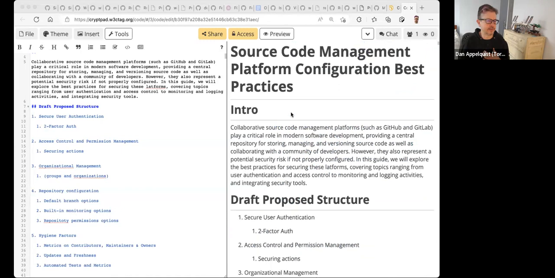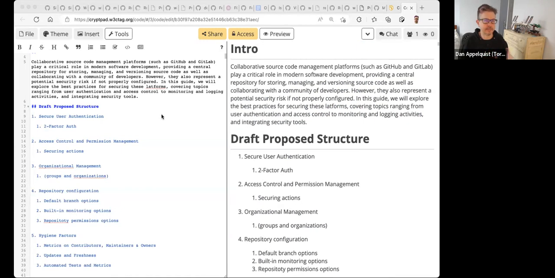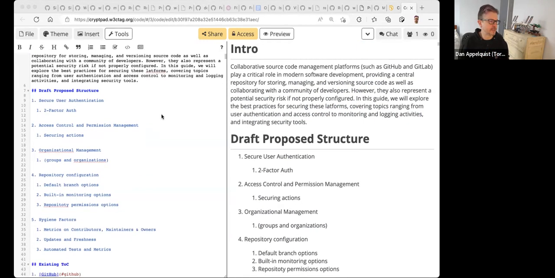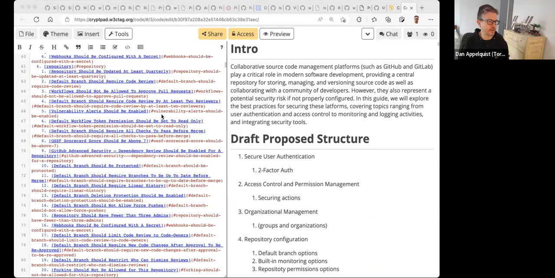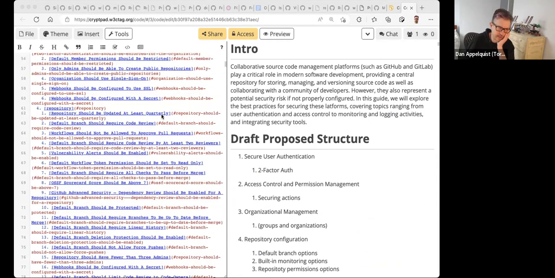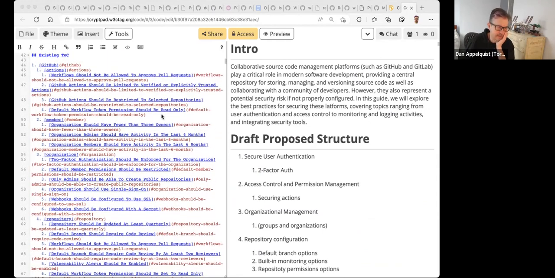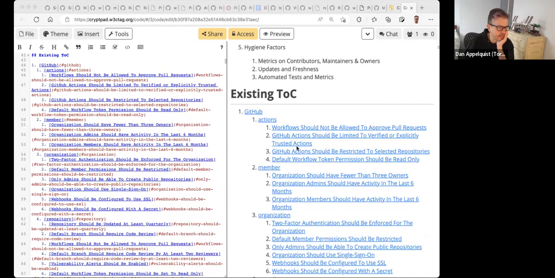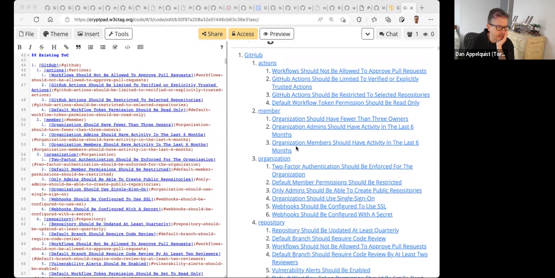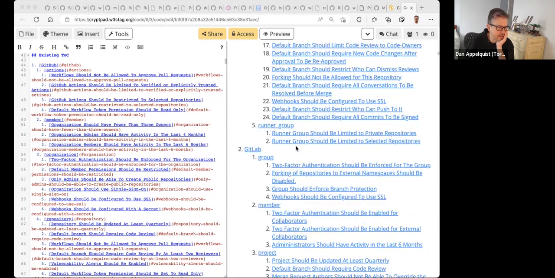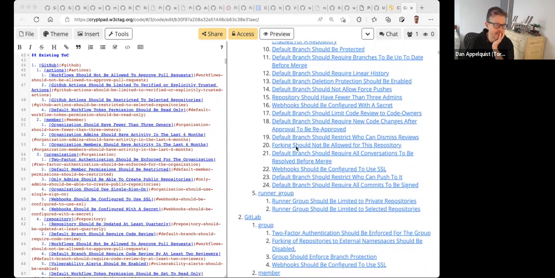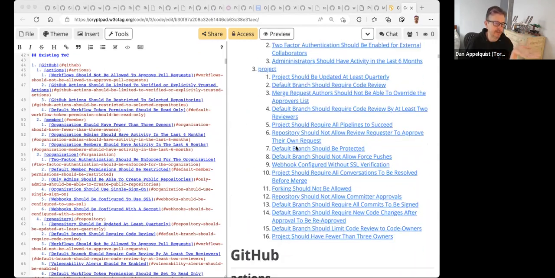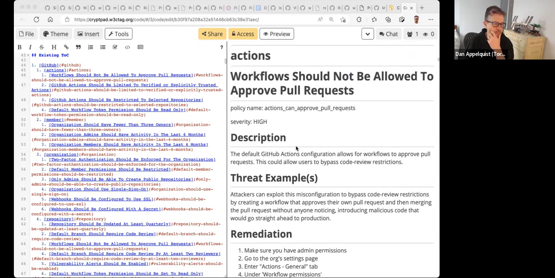So this is the thing that I started to put together, taking a look at the current structure of the document that was very much oriented around GitHub, big bunch of stuff, and then GitLab, big bunch of stuff, right? And I started to take a look at what each one of these was and where it might fit in,